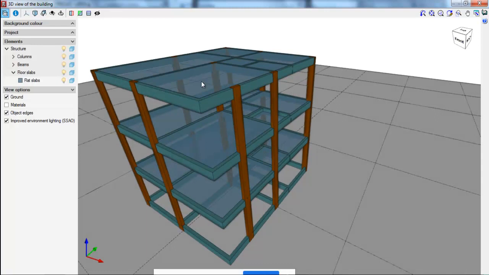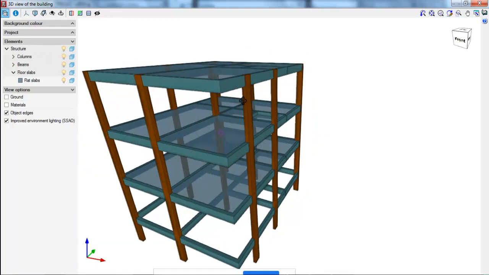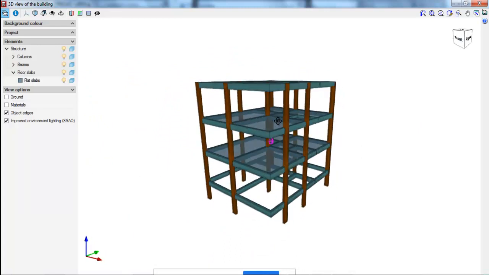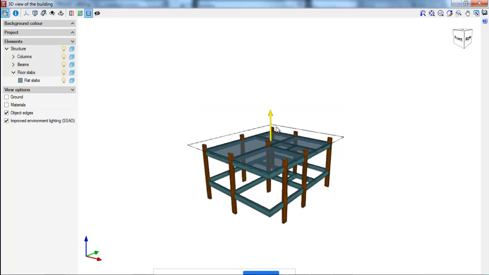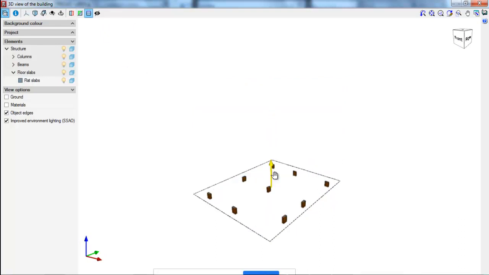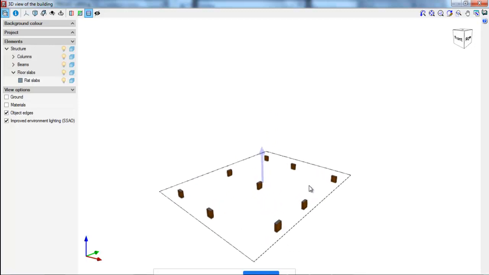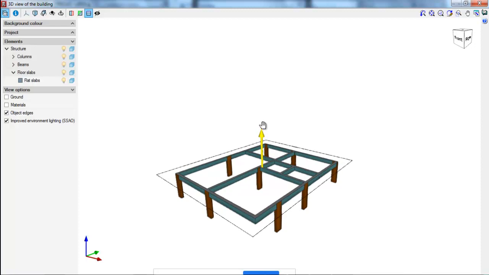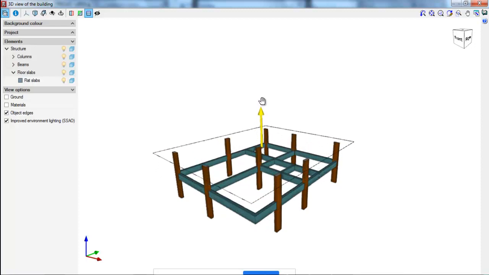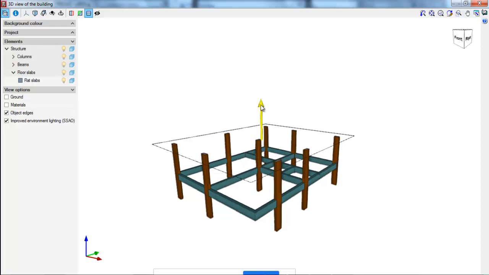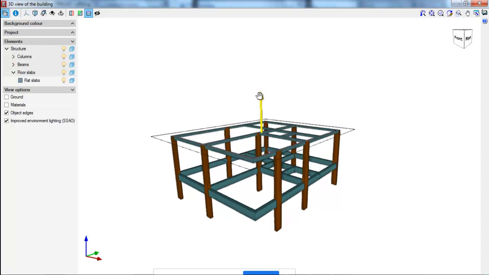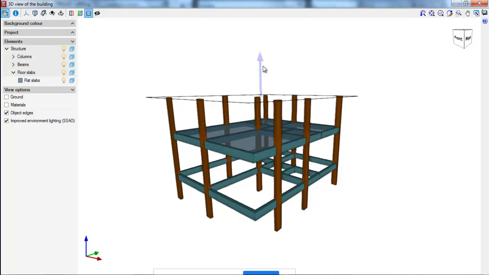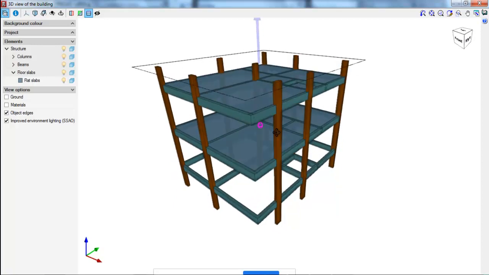Now in case you want to see the cross section, how the section is built, how the progress of construction happens at the site, you can also use this cross section here. This shows it starting from the column level, the foundation level, and then we can go slightly up. You can see this is the plinth beam, and the column continues, and then you can come to the floor level. The first thing is a beam, and then the floor, and then again the column continues up. So like this you can see the progress of work here.